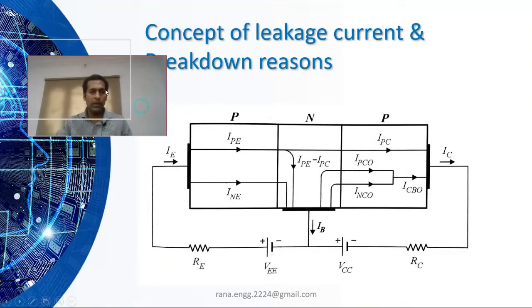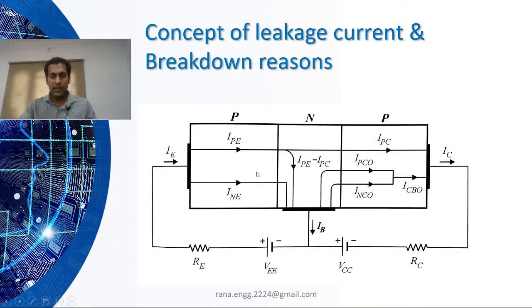So here all the currents along with leakage currents we can see in this diagram. P type, the majority carrier is holes. Everyone should remember it. N side, electrons are majority carriers. So in P side majority are holes. P is represented for hole. This is say IP. This is emitter side current, this is collector side current, and the middle one is the base. This is common base configuration.